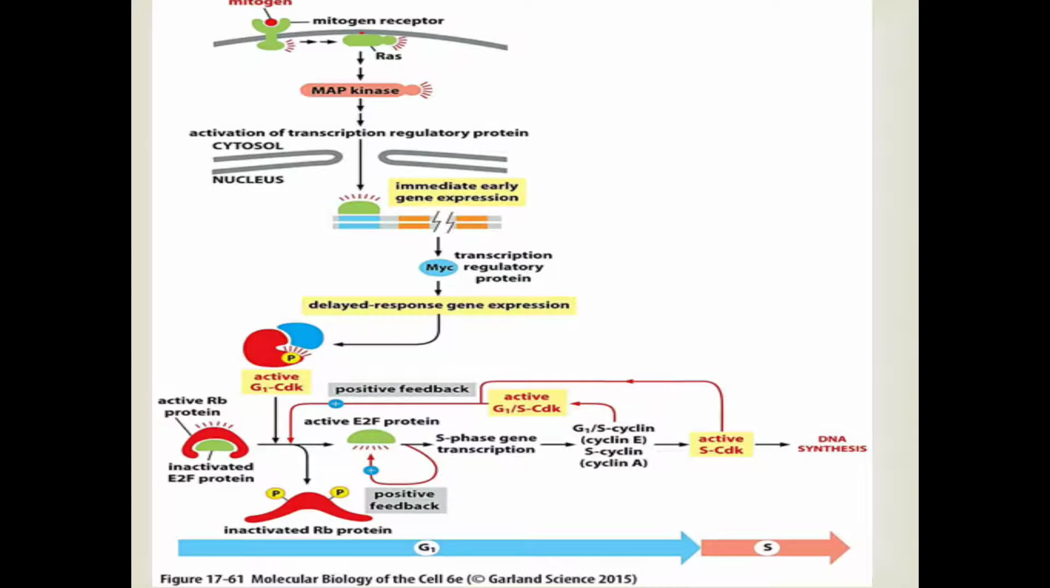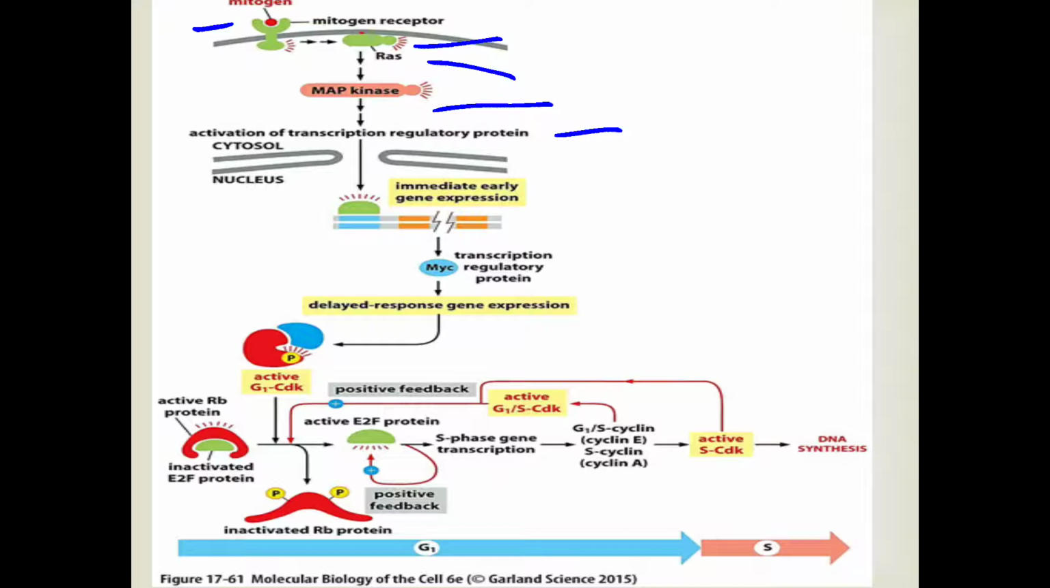So mitogens act through the small GTPase known as RAS, which leads to the activation of the MAP kinase. When the mitogen binds to its receptor, that will lead to the activation of a GTPase molecule known as RAS, and it will lead to the activation of the MAP kinase pathway. So the MAP kinase cascade signal will be activated, so that will lead to the activation of the transcription regulatory protein, and these regulatory proteins will lead to the